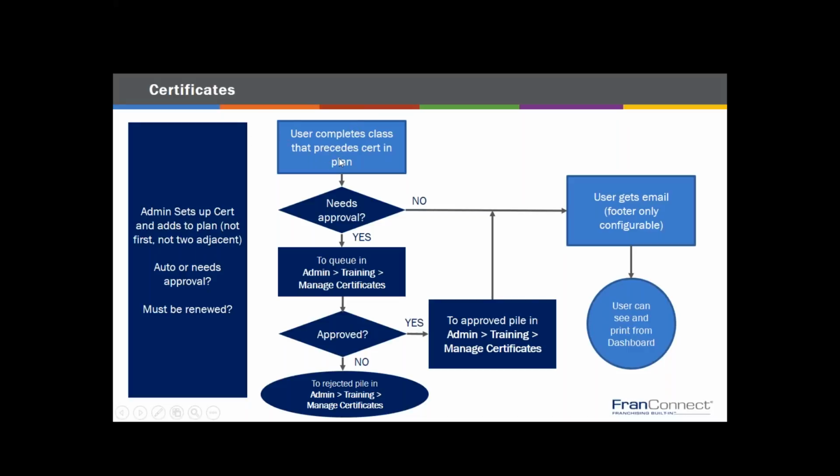You can do that basically course by course. So the certificate comes in. If it's the kind that doesn't need approval, boom, they get an email, it's all done. If it's the kind that does need approval, then it will come sit in this queue in admin, and you guys as admins will look down the list of people, and you will have some external list probably that franchise owners have sent you that said, yes, this guy demonstrated the skill in front of me, or they've sent you little videos of them doing it, or however it is that you certify that they know how to do it. So you'll have some external source there, and you'll go down and say, yes, yes, yes, yes, no,